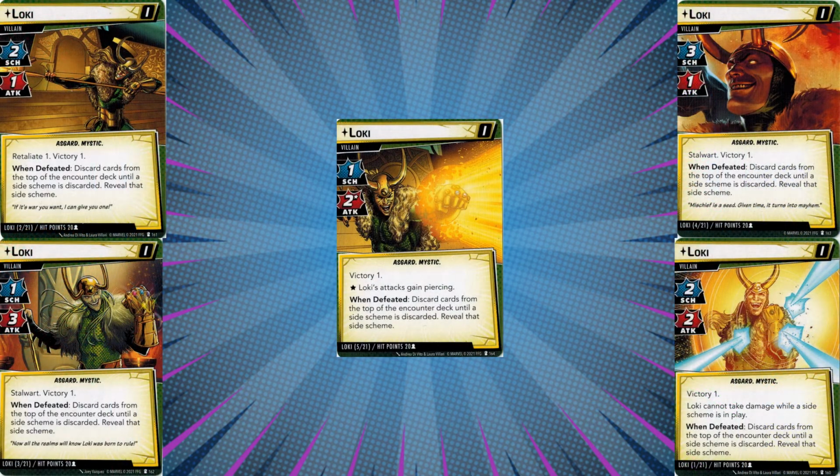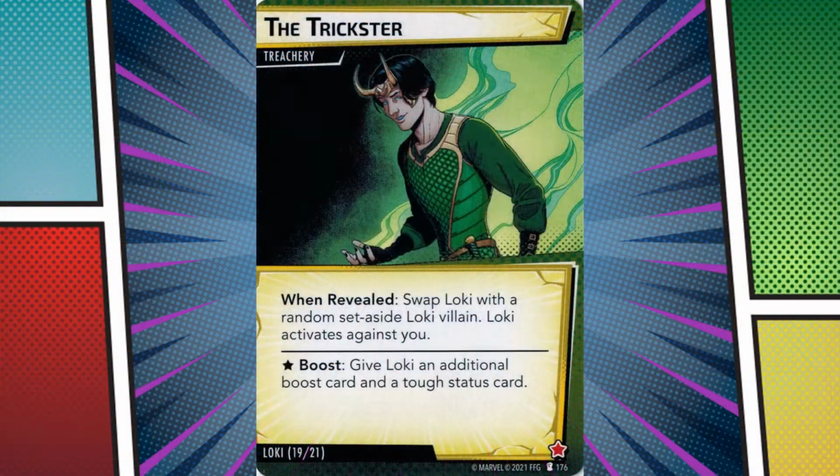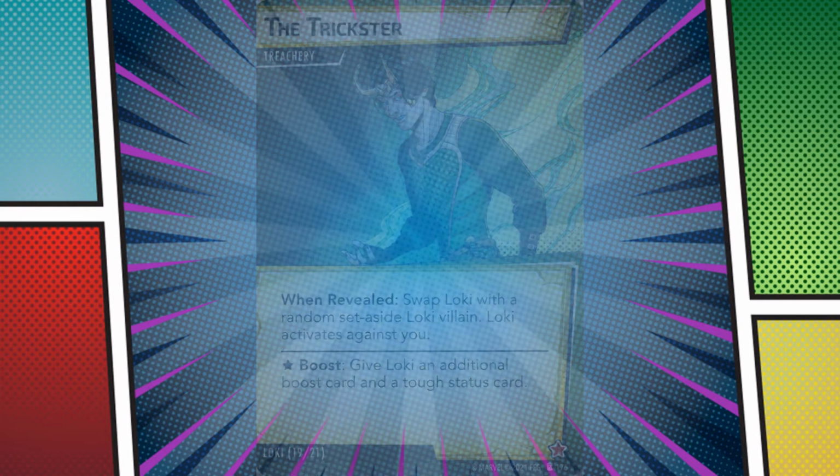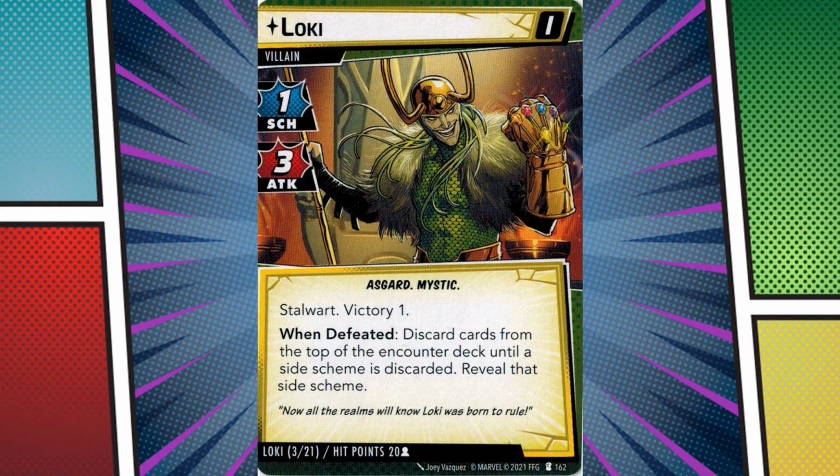Each time you defeat a Loki, it wasn't the real Loki. Come on, you know how many variants he has, right? Sometimes he will just swap Lokis mid-fight by using the Trickster. Each version of Loki has different strengths. One has Stalwart, one is invincible while a side scheme is in play, another hits hard while the other schemes